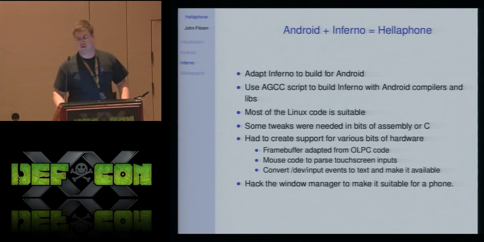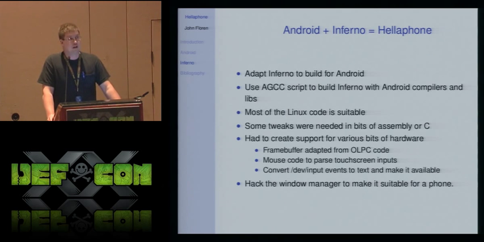Yes. Okay, so he was pointing out that the screen is multi-touch. What we did here, we didn't want to go all the way in and convert it to a full-on multi-touch system. So basically, if I remember right, there's a way to differentiate between the first finger that comes down and the second finger that comes down. We just take a single touch out of this touch screen and treat that as a mouse. For the way that Inferno is built, that's pretty much useful. That's the way you kind of want it. Although I think there is certainly possibility for adding multi-touch, we didn't end up doing that.